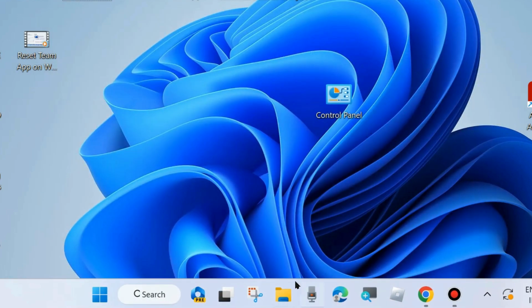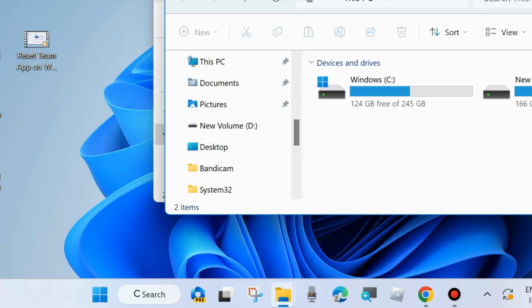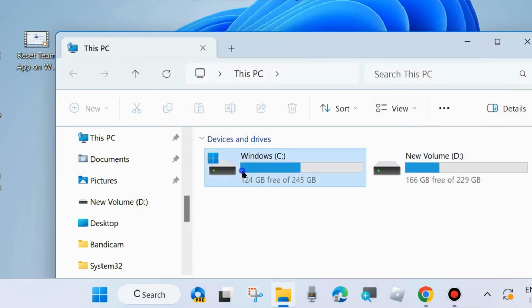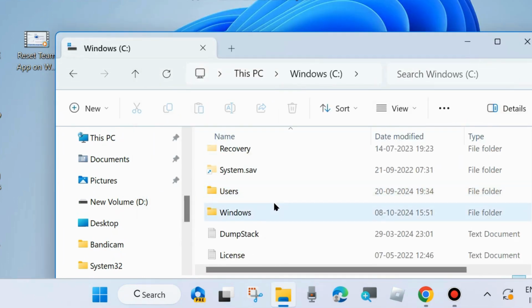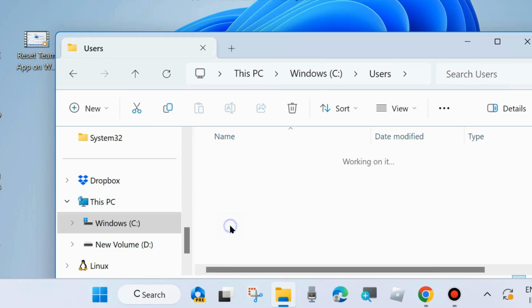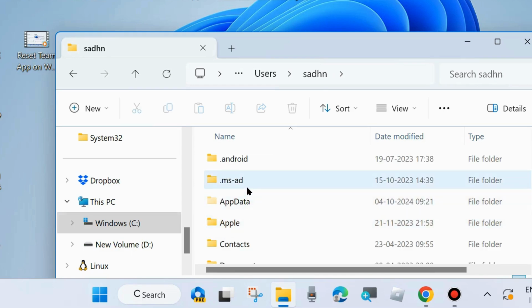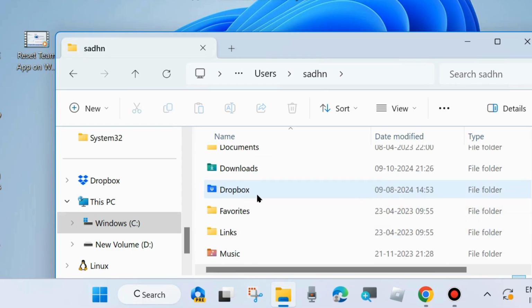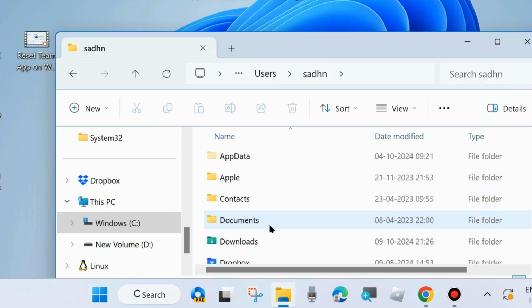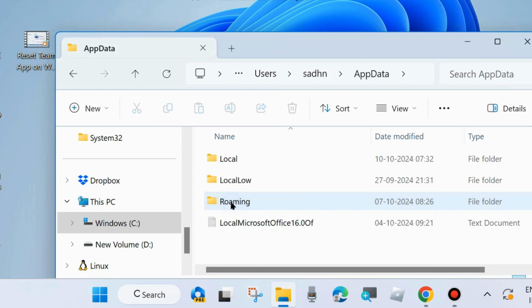The next one is clear Microsoft OneNote caches from your system. To clear OneNote caches, open File Explorer, go to C drive, here go to Users, open your profile name, here open AppData, open AppData, here open Local,